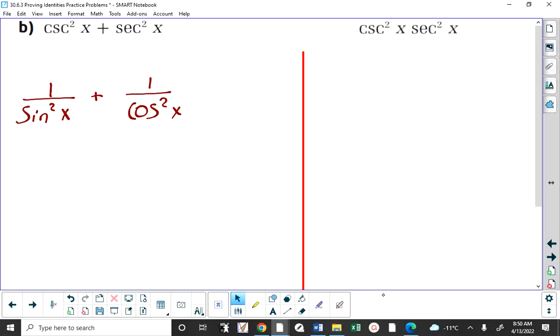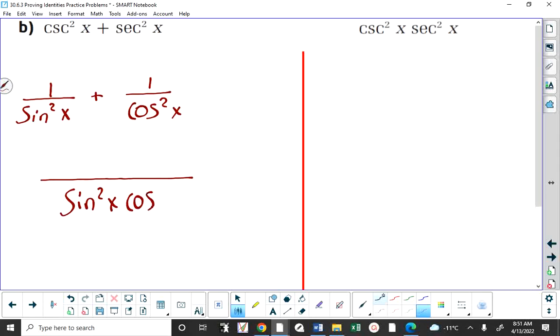Okay. Now, when you do this, Jonathan, what we end up having are two fractions with different denominators, so we need to bring them together with a common denominator. And the common denominator here would be sine squared of x cosine squared of x. And I would need to multiply